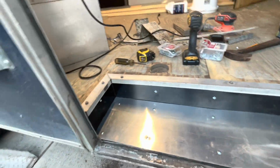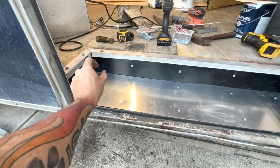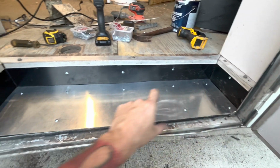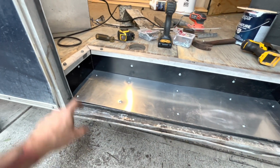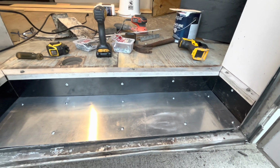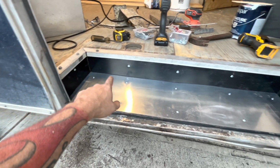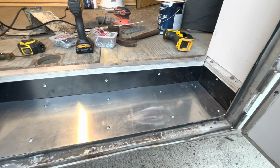All right, so there we go. And this time I went ahead and put a decent amount more screws in it. Before, they had screws all through all the trim, but the trim was super tacky because it was just everywhere. So if you space your screws out nice and even, I just think that looks better than all the trim everywhere. I'm gonna grab some black silicone now and caulk out all these edges so they're nice and uniform,